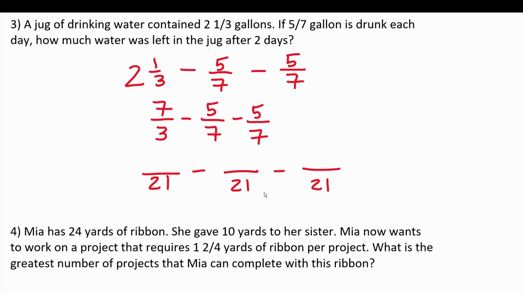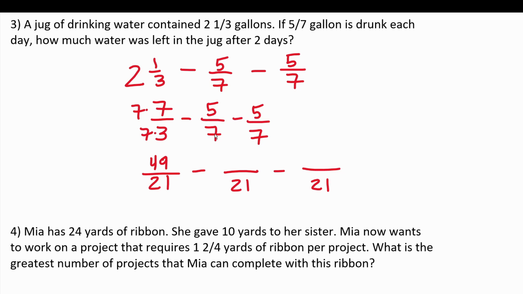Okay, so how would we make a denominator of 3 become a denominator of 21? We would multiply it by 7, of course. And what we do to the denominator, we're also going to have to do to the numerator. So 7 times 3 is 21. 7 times 7 is 49.